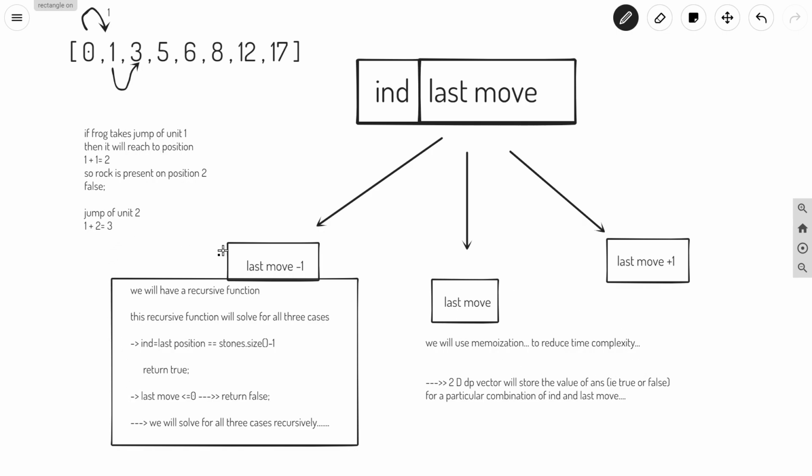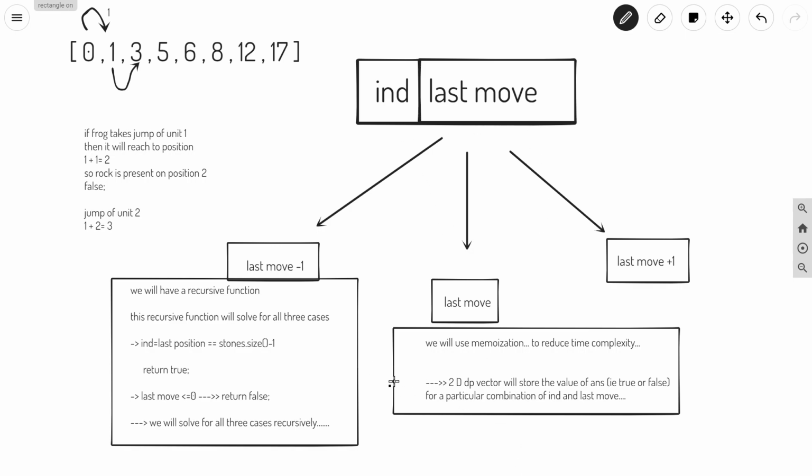And you can see that we have solved it recursively, and in order to reduce the time complexity we have used memoization. In memoization we have taken a 2D dp vector, and this 2D dp vector stores whether we have true or false for a particular combination of position and last move.